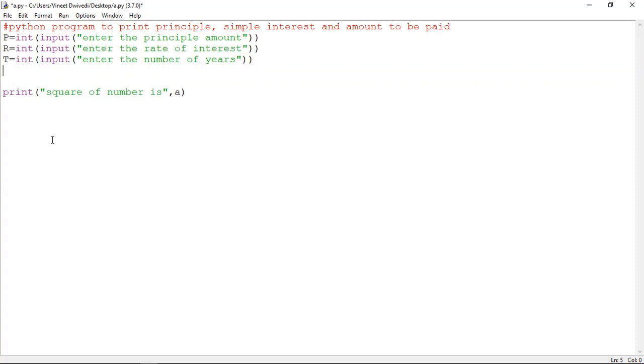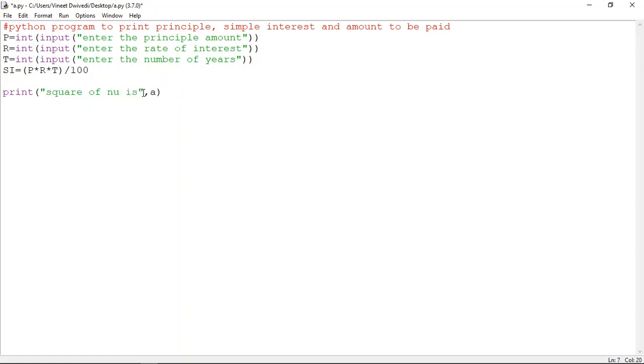So for that purpose we are using another variable SI, and this SI will be equal to, you know, the formula of simple interest is P into R into T upon 100. So we will store the result in SI like this: P, this is the symbol of multiplication, R, then into T divided by 100. Simple to write this. Okay, SI is equals to P into R into T upon 100, and then you are printing that simple interest